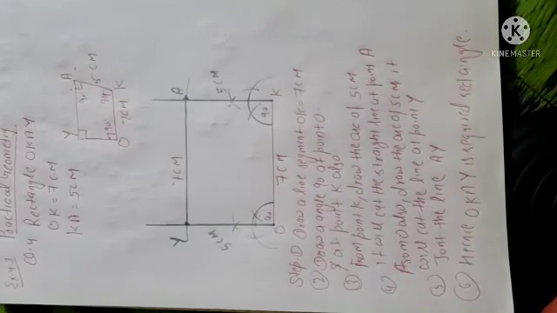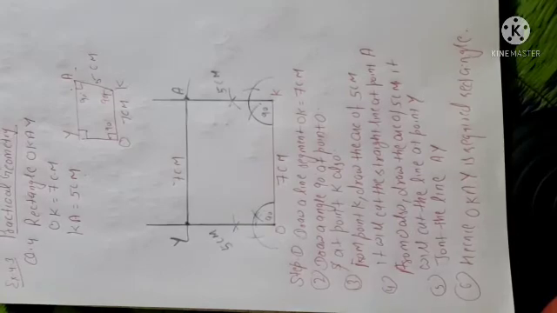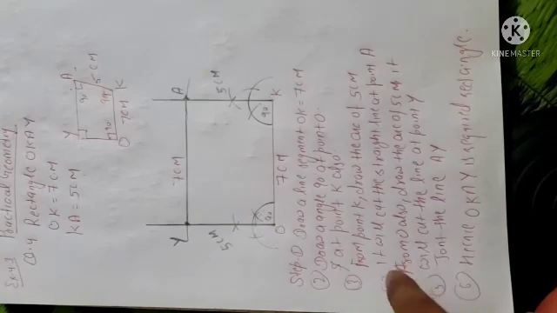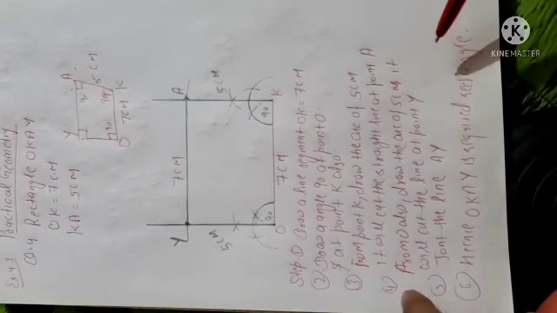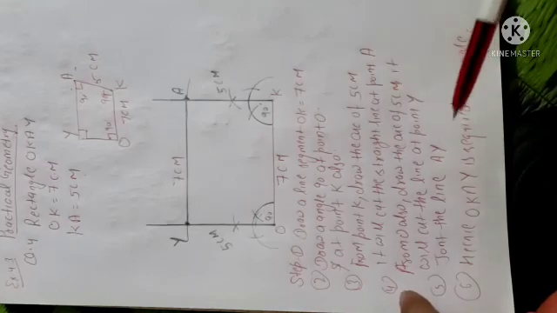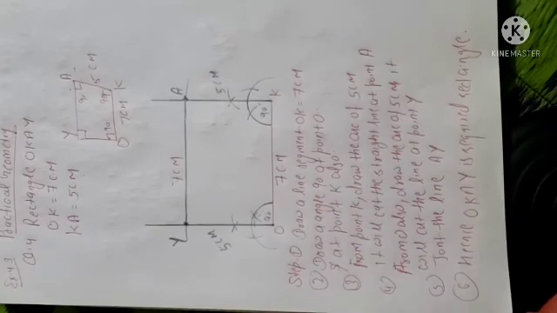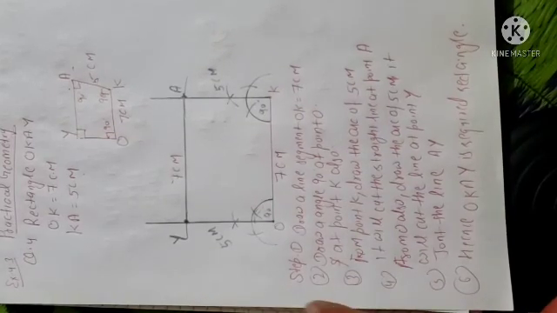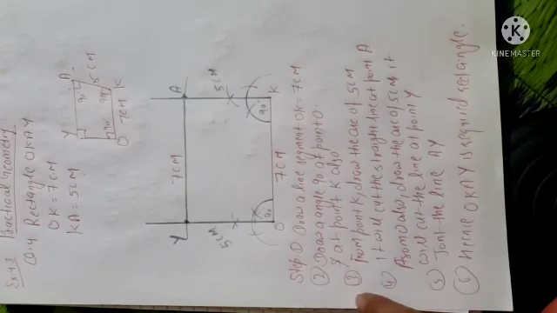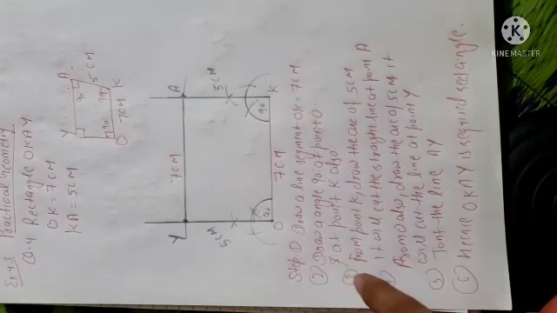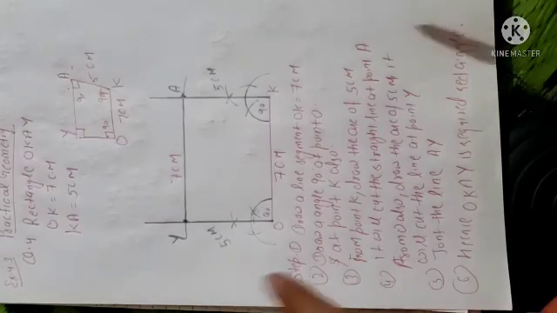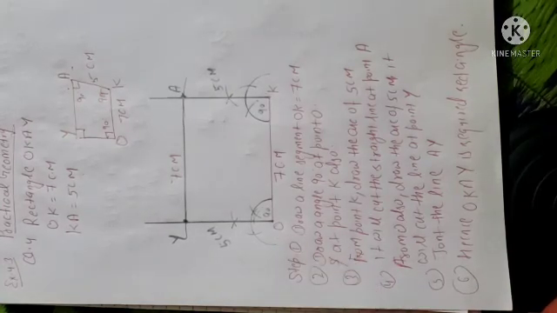Is it clear? So in all the questions of exercise 4.3 also, you have to write the construction, in first, second, third and fourth in all the questions. I have written the construction of question number 4, and what you have to do beta, you will write the construction of all the questions, step by step in your own language. I have not written them, but you can write yourself. How will you write the construction of the question? Only which steps you are following step by step, from first you will start writing the steps. So like that you have to complete your exercise 4.3 also.